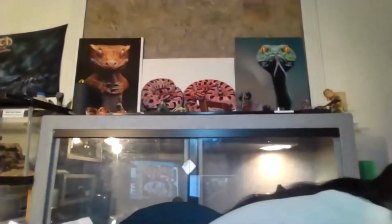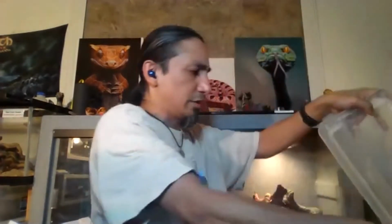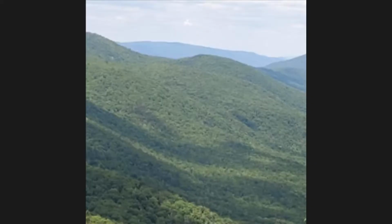Okay, so that is a copperhead. So more than likely, where you guys are, what county again? I forget. I know you told me, but I can't remember. Mostly located in the western part of the state? No, Charlottesville. Okay. So you guys are in Albemarle, Charlottesville. You're in timber rattlesnake territory. But when you go on hikes, depending on where you go, if you were to run into a venomous snake, it more than likely is going to be